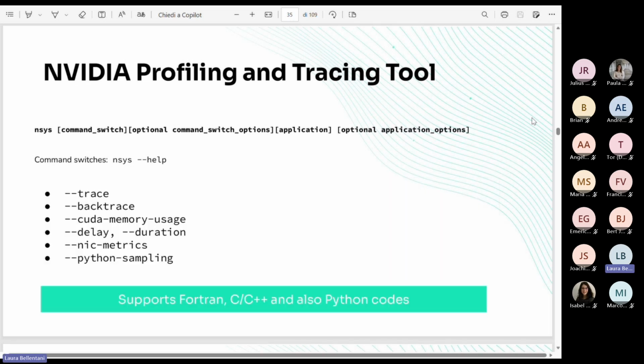In addition to minus trace, you can also add minus backtrace to choose the backtrace method for CPU sampling, CUDA memory usage, which can be used to see the usage of memory from CUDA on the GPU side, NIC metrics for the InfiniBand bandwidth, and some switches which are interesting if you are working with a Python program. Indeed, Nsight Systems supports Fortran and C++ programs, but also Python codes.